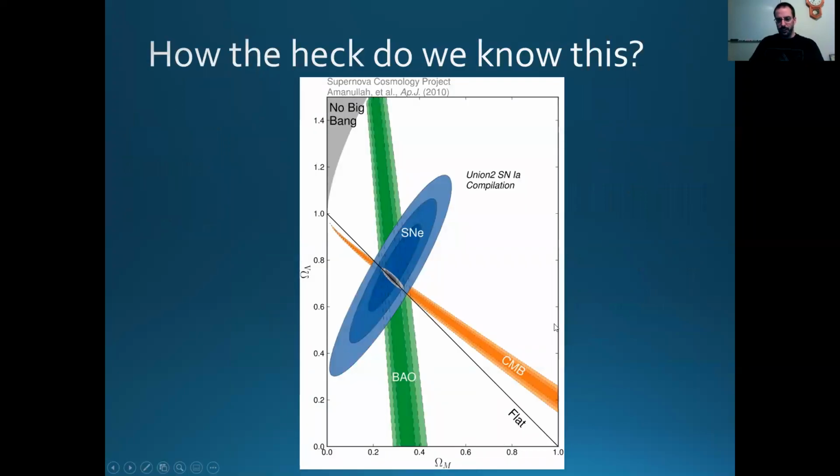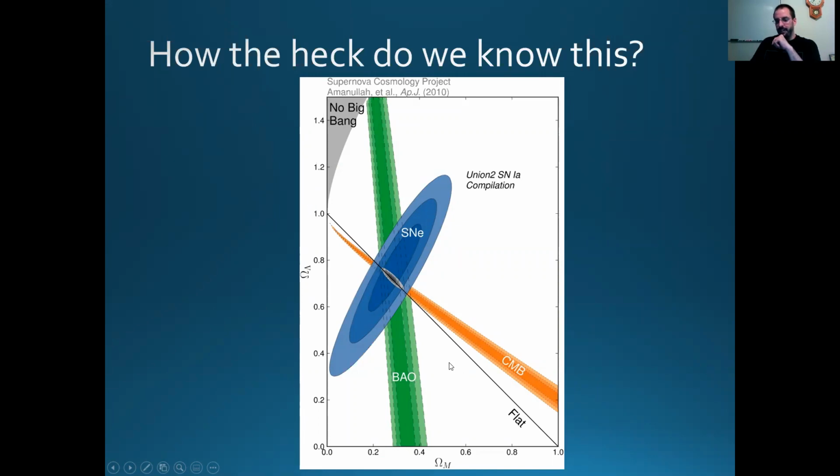All right. So a little bit about how we know this. A couple of the different types of measurements that can be done. These are measurements of supernovas. This is measurements of the cosmic microwave background. This is called baryon acoustic oscillations. It's a different type of analysis of the CMB. We can fit all these together, and there's one space where all of these converge, and that's where our matter density is about 0.3, and again, about 80% of that is dark matter, and where this omega lambda is about 0.7. That's the dark energy, and it adds up to exactly 1.